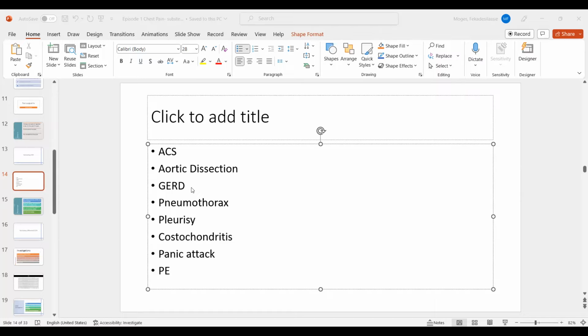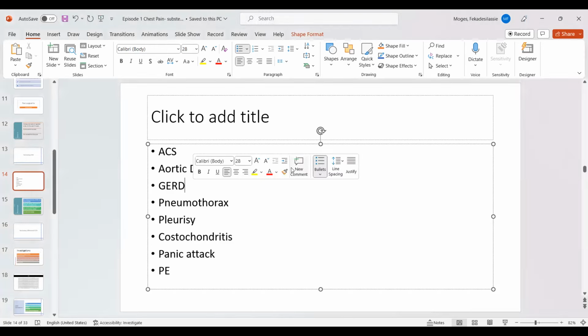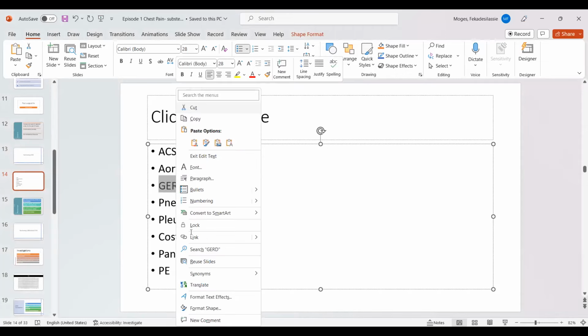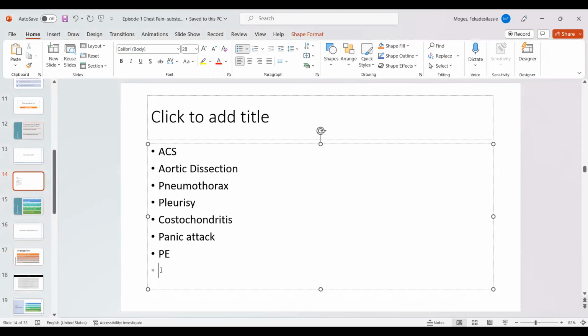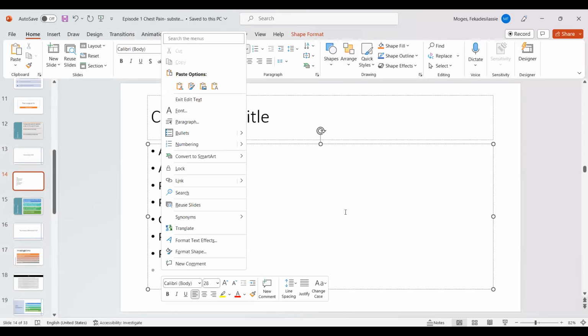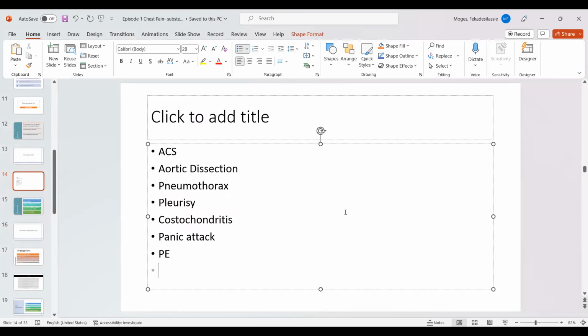Okay. What about gastroesophageal reflux disease? Let's kick it off. If you want to kick it off, you can. You can also keep it. I don't mind. Most probably you can kick it off. Let me kick it off. Like I said, gastroesophageal reflux disease tends to be a chronic problem, and most of the time the pain gets worse at night. It's not like suddenly presenting like this. It tends to be postprandial, especially at night. That history is missing, and it just happened today. So GERD is less likely.